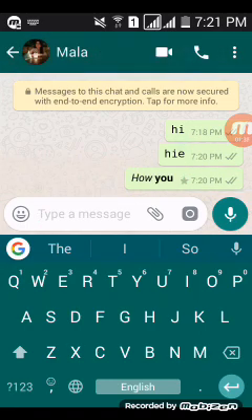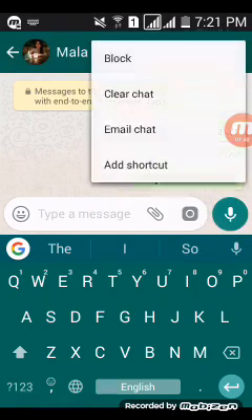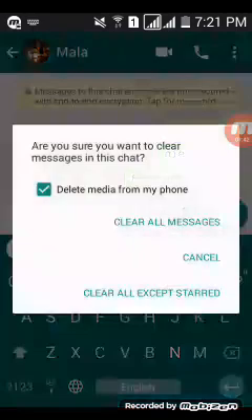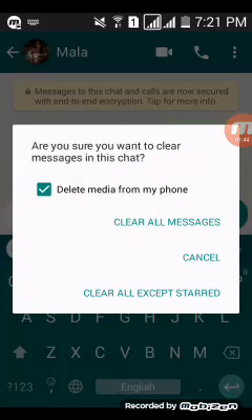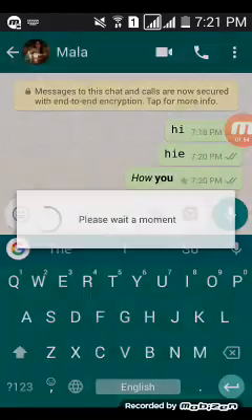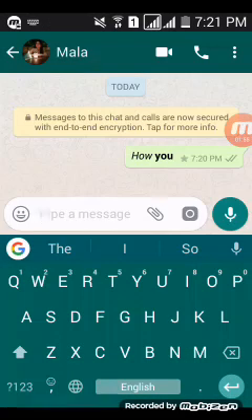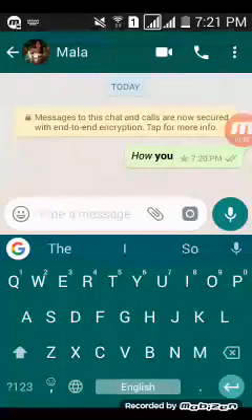So what happens when you clear the chat, this starred messages will not be cleared. So clear all messages, clear all except starred. So when you click on clear all except starred, so your messages will not be cleared. So you want to retain these messages that will be there forever.